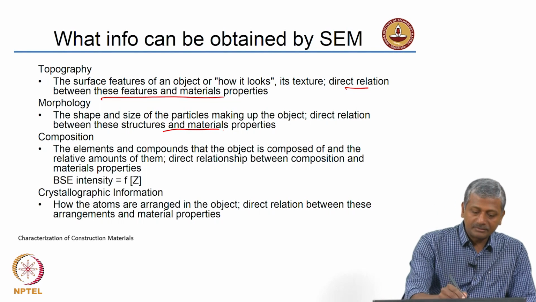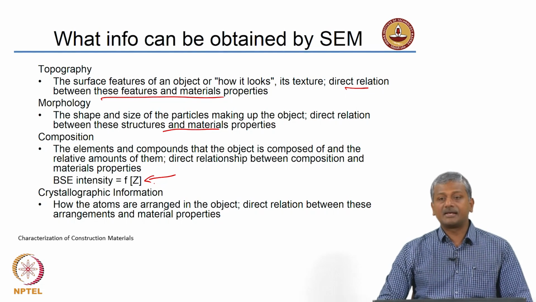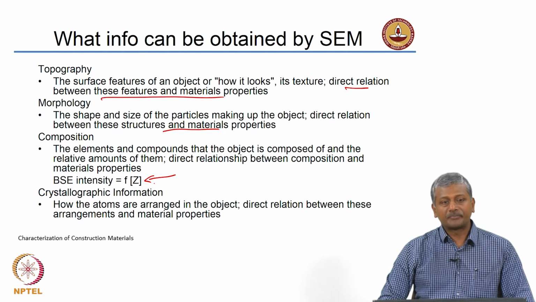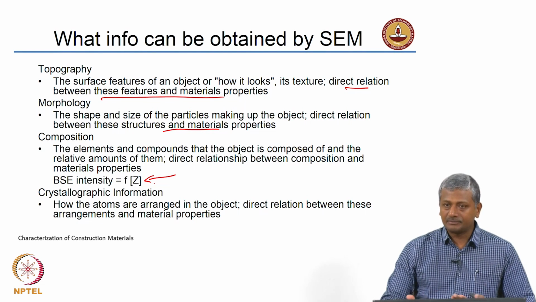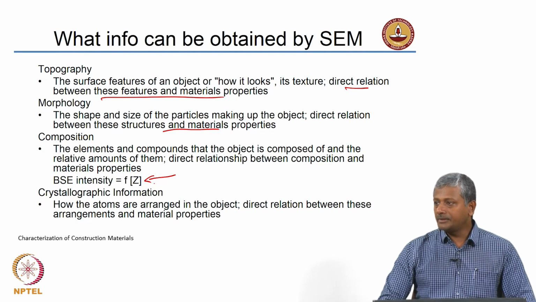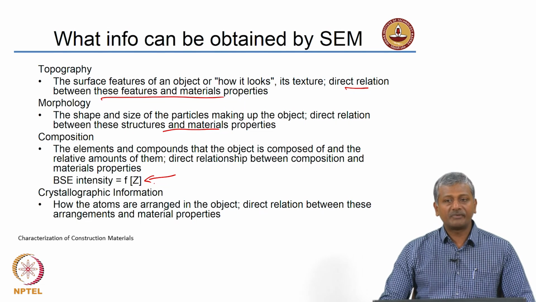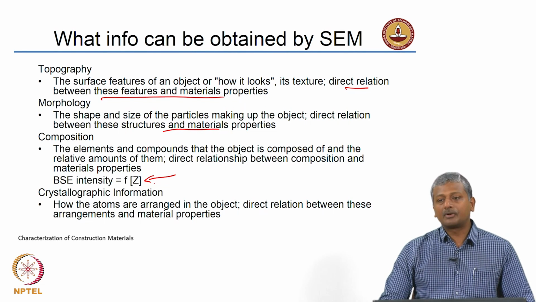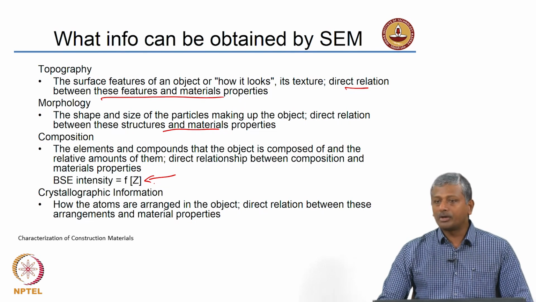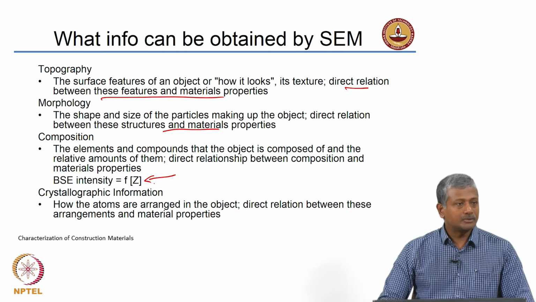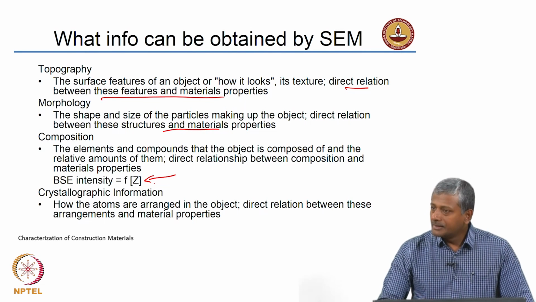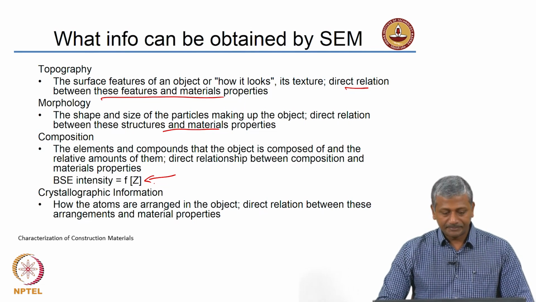The composition is because your backscatter density is a function of the atomic weight. So, when you are looking at a flat polished sample, the phases that appear bright obviously have a higher atomic number or atomic density as opposed to the phases that appear dark. If you are looking at a void or a pore, you will get almost zero reflectivity, or your surface will look black if it is a pore.